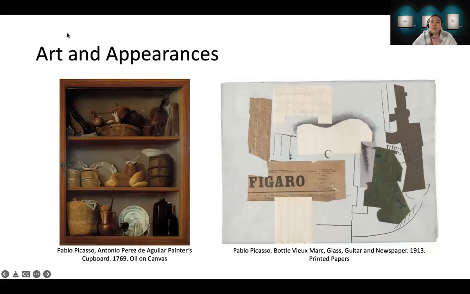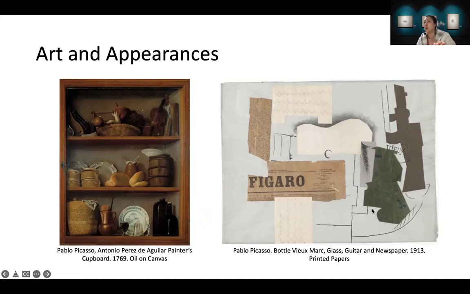And we learned art and appearances. These are Pablo Picasso's works. The left one is the traditional way, a very skilled representational painting style. Picasso mastered this traditional style when he was a teenager, but suddenly he abandoned it and created a new style of art like this abstract art.